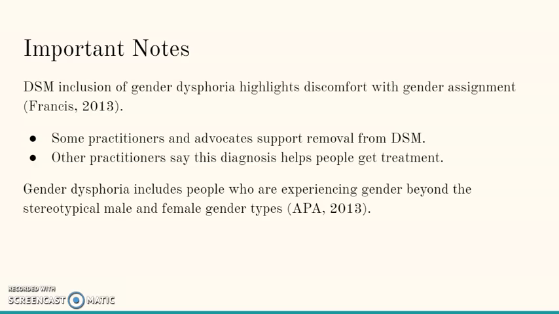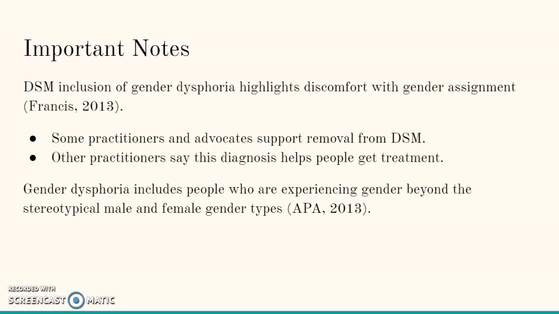So next we're going to go over the DSM-5 criteria for gender dysphoria. First, a few important notes. It's important to note that gender choice is not the grounds for diagnosis with this disorder, but it's about the discomfort that people experience when they're living a life that others would say is typical for the anatomy that they were born with. So sometimes this distress can come if there's not social acceptance or if medical interventions are not available to support someone's gender identity.